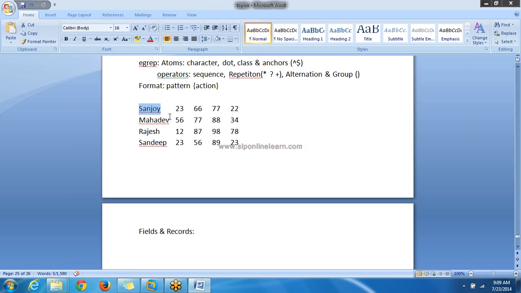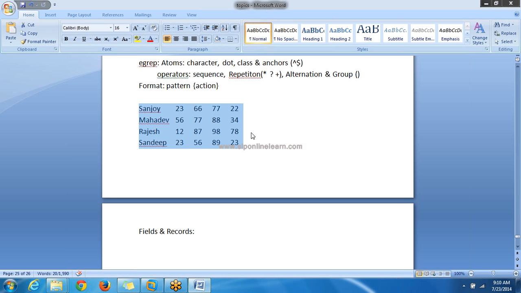This file contains 5 fields and 4 records in total.